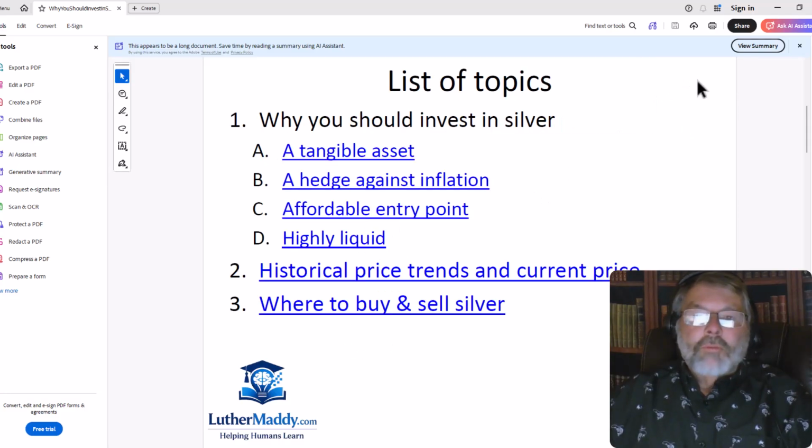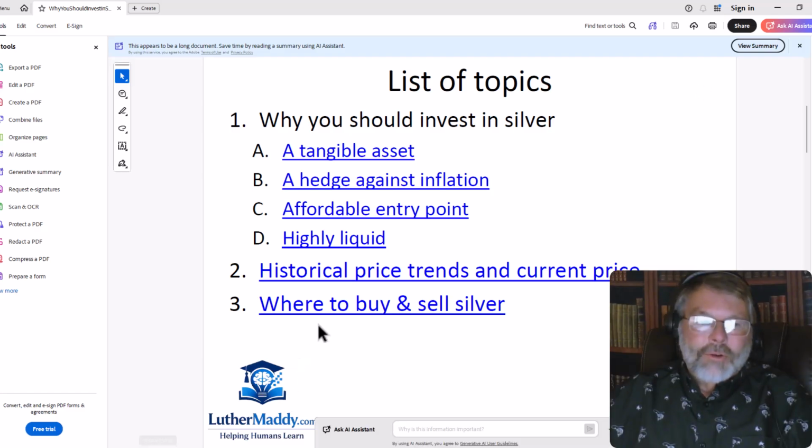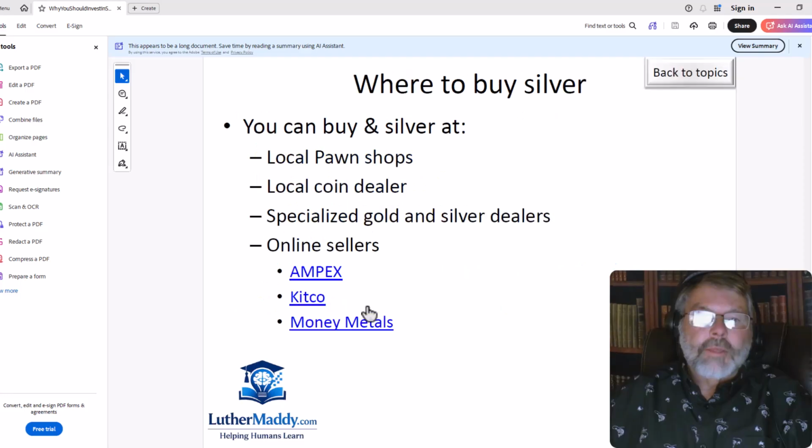All right, now, of course, because we're in the business to sell silver, we have down here at the bottom a link to where they should go to buy and sell silver. Once again, that's a link, so we'll click that, and now we have some places that they can go. We've suggested that they could go perhaps to a local pawn shop, a local coin dealer, gold and silver dealers, and some online sellers. Now, of course, because we're in this business, we're only going to list the online sellers that are related to us and pay us commission, but let's assume in this case that the individual is curious